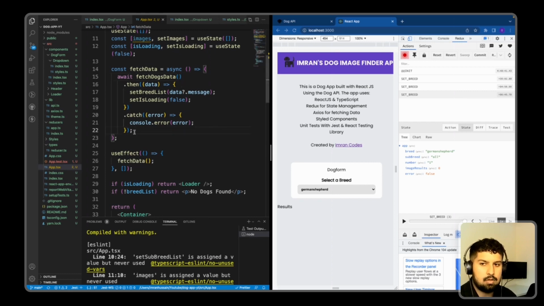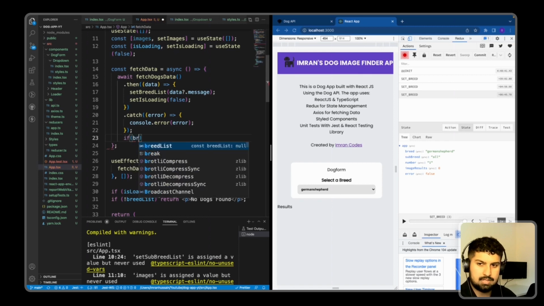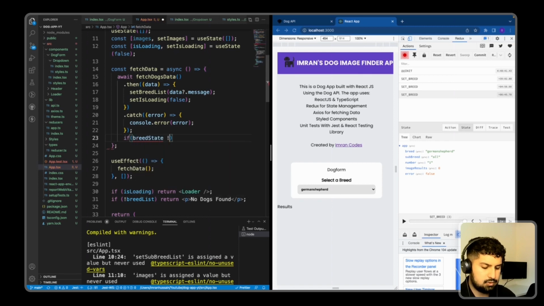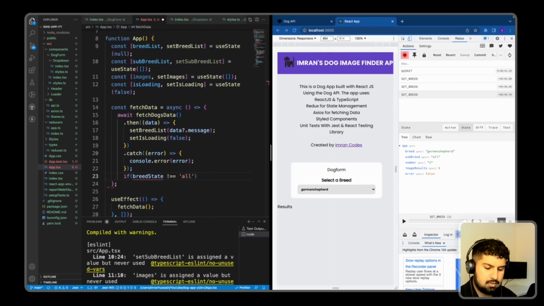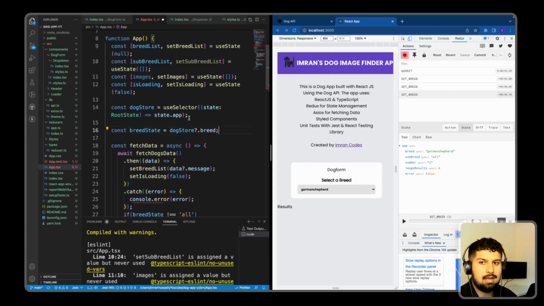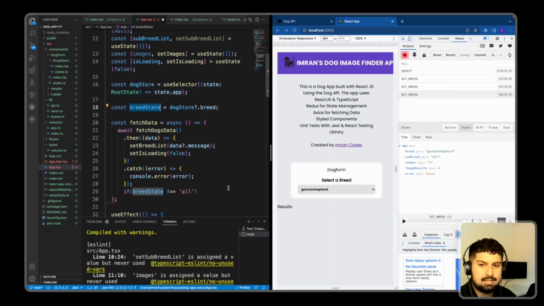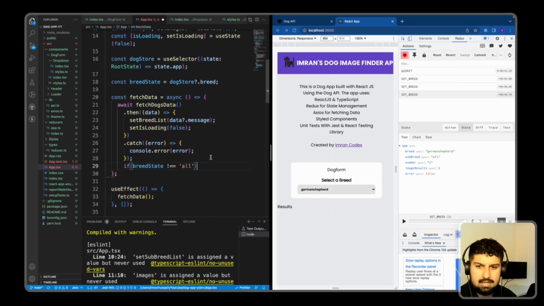So after this block here, I'm going to do an if check. So if the app breed state is not equal to all, so initially it is all, but it will change when we change that, and then we have access to the amended breed state. And I'm just going to use the useSelector hook again to get access to the dog store and also the breed state. So if I import the useSelector hook and the root state from my reducer file, now I have access to the breed state, and if it is not equal to all in this block,